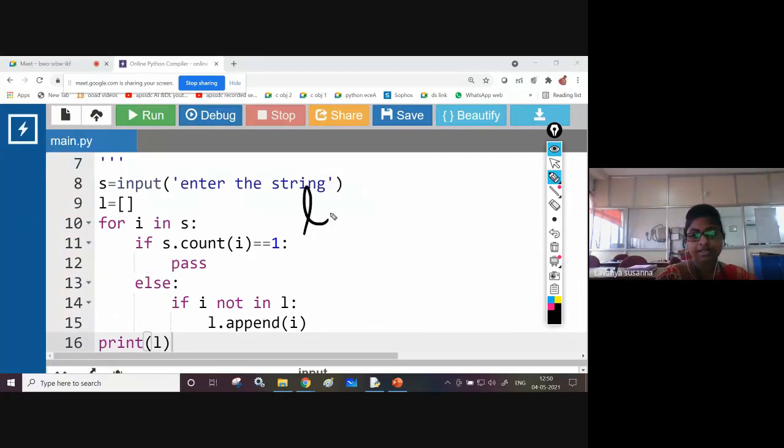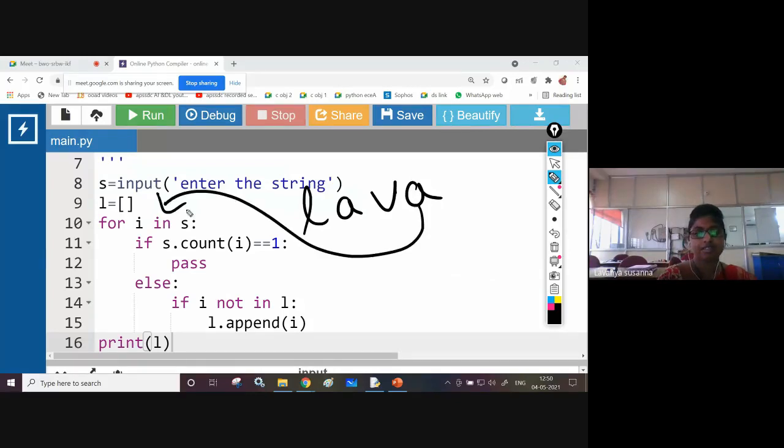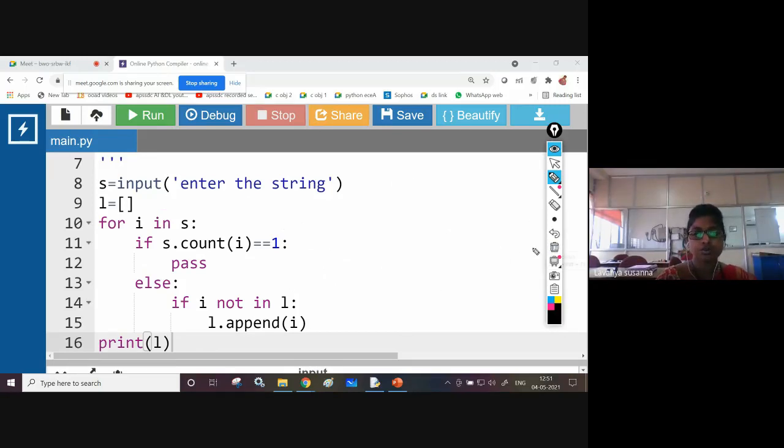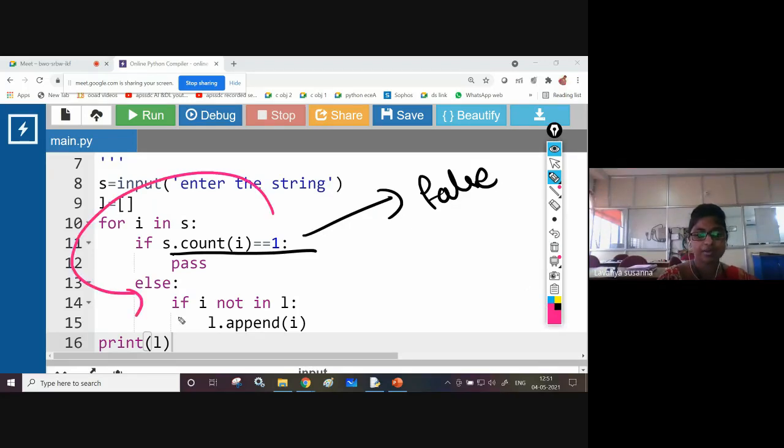Now L completed, A completed, V completed. Now again A. s.count of A equal to 1? How many times did A occur? 3 times. 3 equal to 1 is false. Now control comes to the else block.